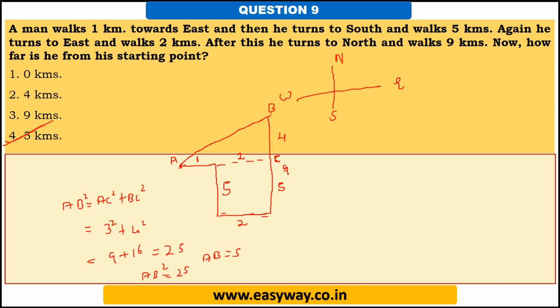In this question, what we have done is we have taken this as the initial position and he travels 1 kilometer east. Next he travels 5 kilometers south, then again he travels 2 kilometers east, and then he travels 9 kilometers north. So this part will be 5 and the remaining will be 9 minus 5, that is 4. Now they have told us to find out the distance between the initial and the final point. So A is the initial point and B is the final point. AB square will be BC square plus AC square. What is AC? This part is 1 and this part is equal to this part, so this is 2. So AC will be 1 plus 2, 3, and BC is 4. After solving this, we got the distance AB as 5 kilometers. So option number 4 is the correct answer.